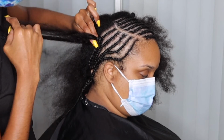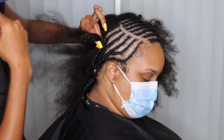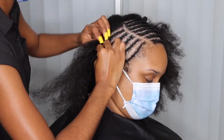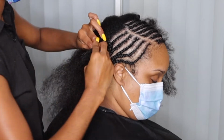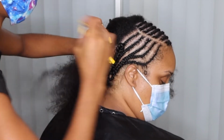And here we go. After you do your first three braids, it's connected, it's in there, it's tight, and then just braid all the way down. And right here, I didn't worry too much because the ankle braid was small enough to be connected. So I just lifted it up, added it into the braid, and now we're just gonna braid down to the nape